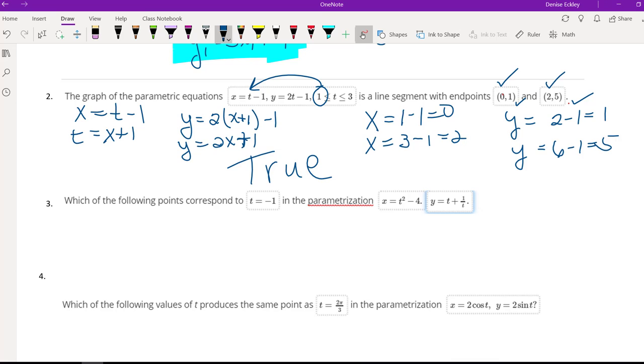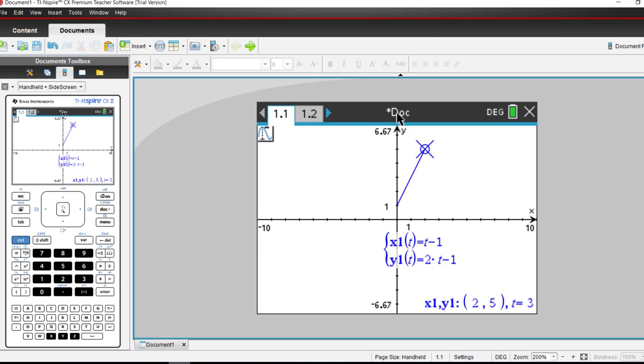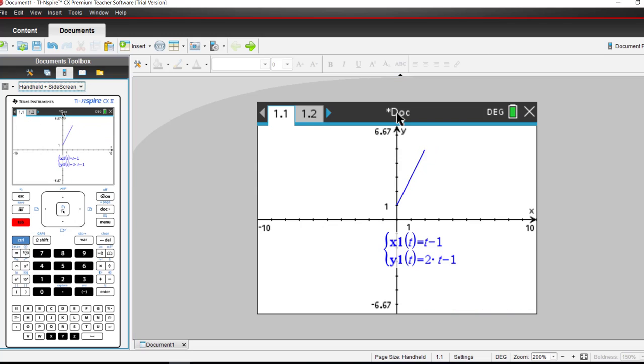Next equation, and again, you could have done it on the graphing calculator as well. Let me show you that on the Inspire. So here is, you can just trace it. I already traced it a little bit. So I went ahead and I